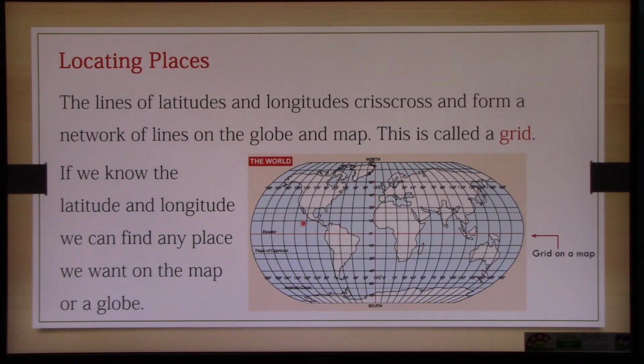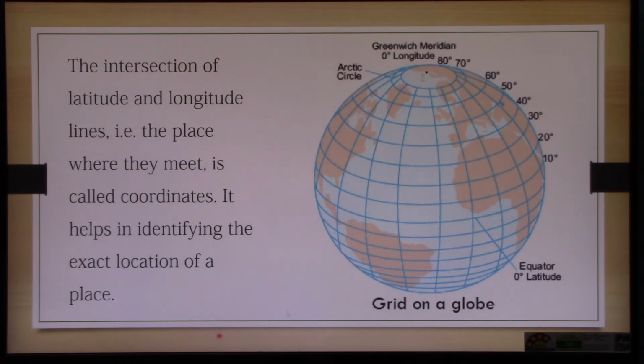They form small boxes. Look at one box here. It's a grid. Somewhere here, another box, grid. So everywhere the map is full of what? Of the grids. And what does it say? If we know the latitude and longitude, we can find any place we want on the map. So even if you want to know where you are located, what is your latitude and longitude, children, just find out. Only if you know the latitude and longitude, you know where you are. Where your home is. Even that minutest of detail you can find with the help of latitude and longitude.